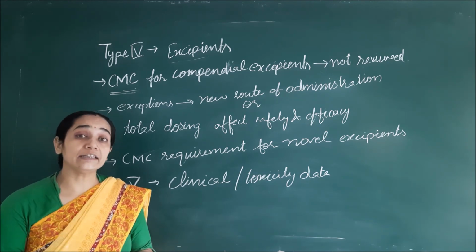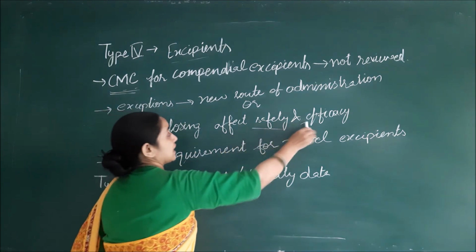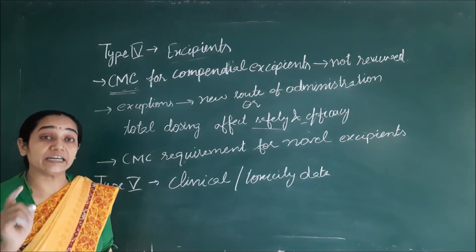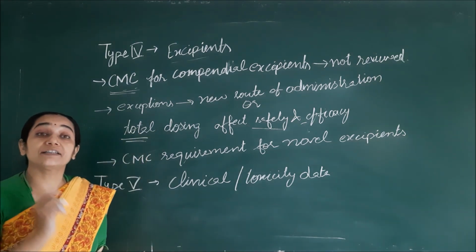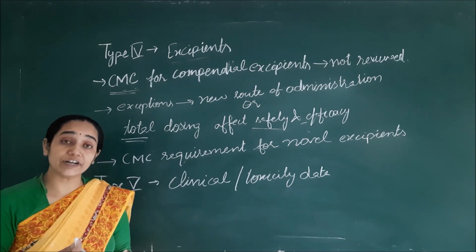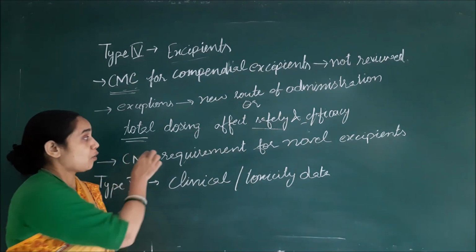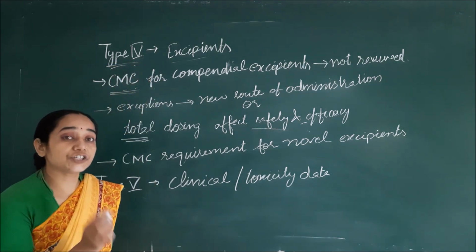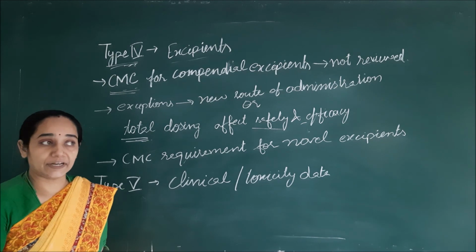Now, the increment in the amount of spray-dried lactose in the inhalation formulation may affect its safety as well as its efficacy. If it is going to affect its safety and efficacy, then there is an urgent requirement that the DMF should be formulated. So, under these conditions, if a particular dosage form has a different route of administration from that stated for the excipients in the earlier DMF, then obviously we will require a type 4 DMF for the excipients, or if there is an alteration in the dose, then again we will require a type 4 DMF for the excipients.